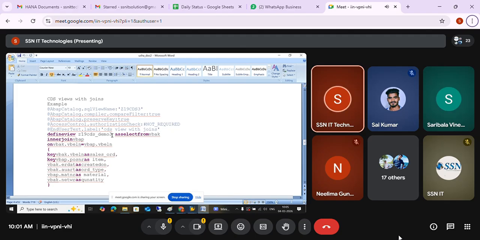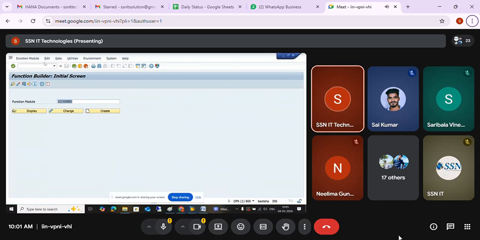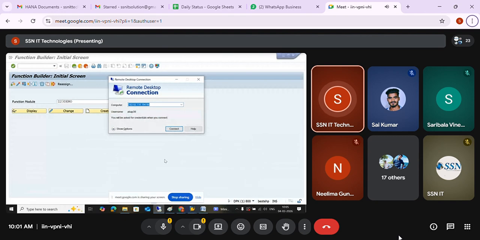Yeah, ma'am. Okay. So we are going to see CDS views with joins, how we have written join statements in our ABAP code. Same like that, in views also we are going to write the joins. One second, I'll just connect to this server. I hope today at least it will work.